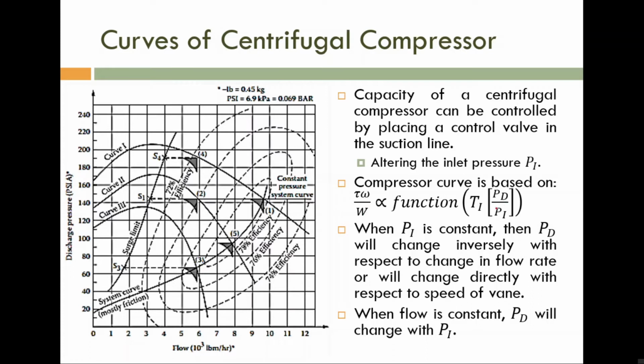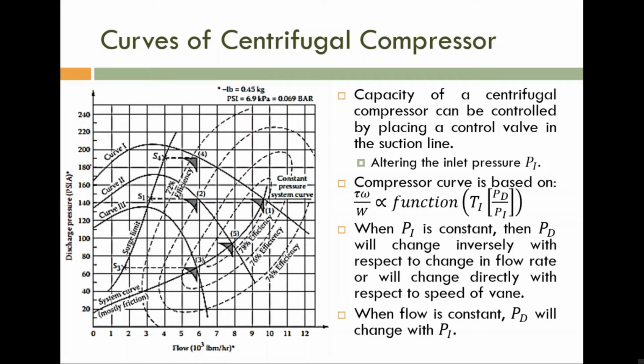Here you can see that with respect to the increase of torque, the compressor ratio will increase non-linearly. Similarly, with respect to the angular speed, the compressor ratio will increase. With respect to the increase of flow rate of the fluid, the compressor ratio will decrease non-linearly. I am talking about the compressor ratio; I can say the discharge pressure if Pi is constant. If Pi is constant, then the compressor ratio increasing or decreasing means Pd, the discharge pressure, is increasing or decreasing.